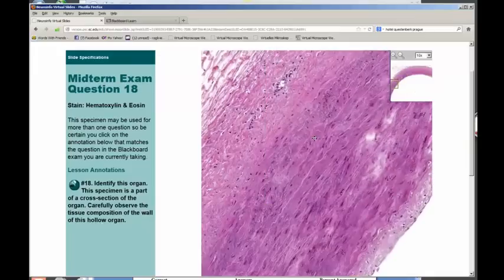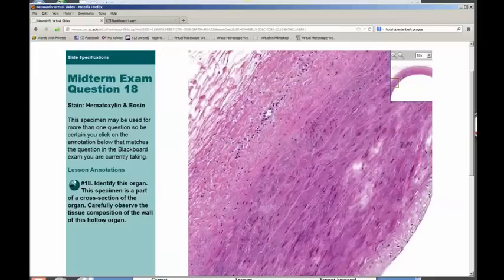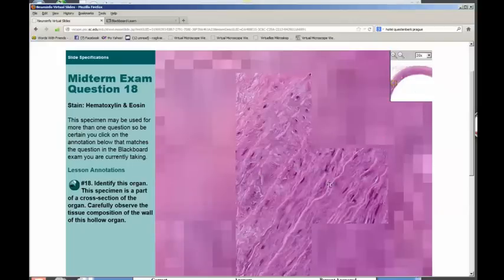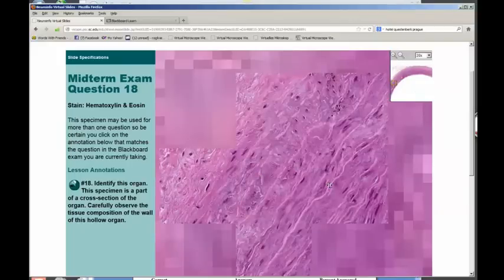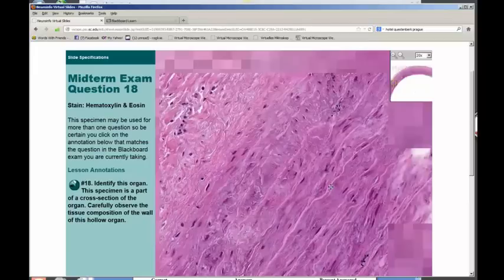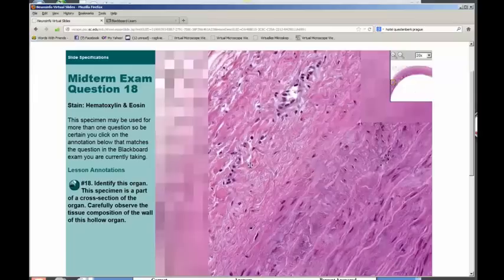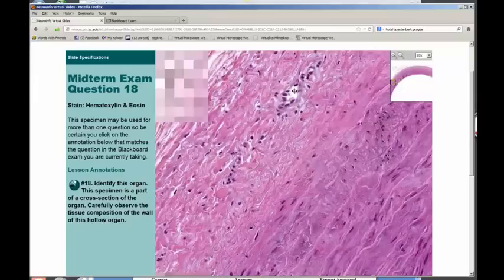And then out here, I see what looks like collagen, and if I go one more magnification, then those little thin wavy lines are very clear. And these are elastic membranes, not fibers, but membranes. And this is collagen out here. So this is the adventitia with some vasa vasorum, that is the vessels within the